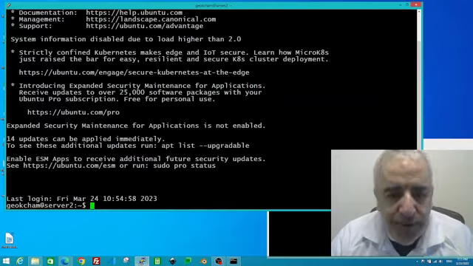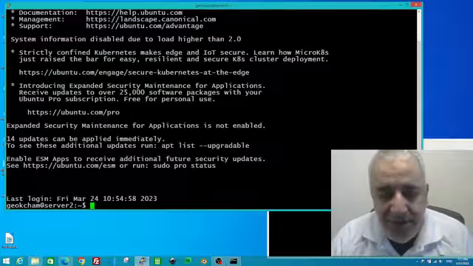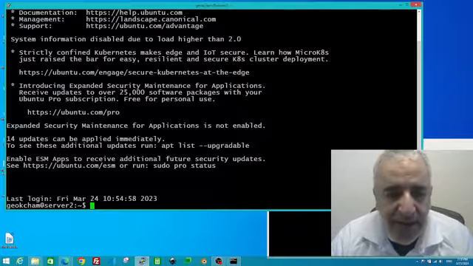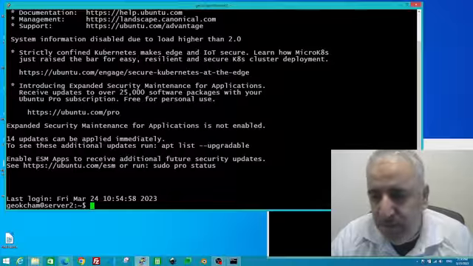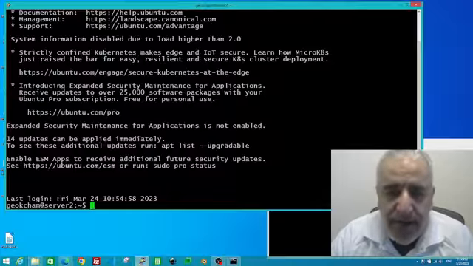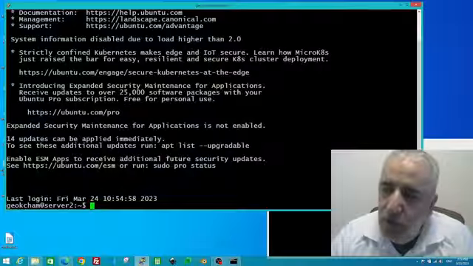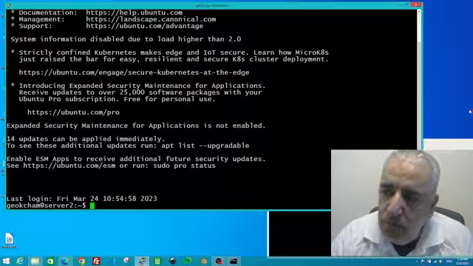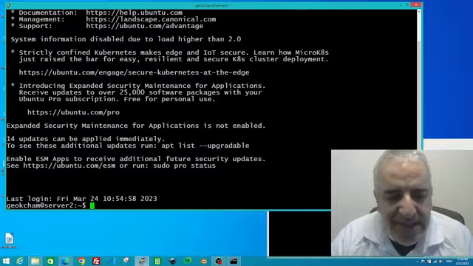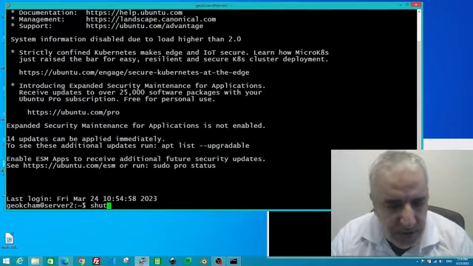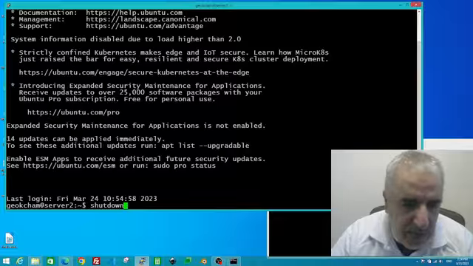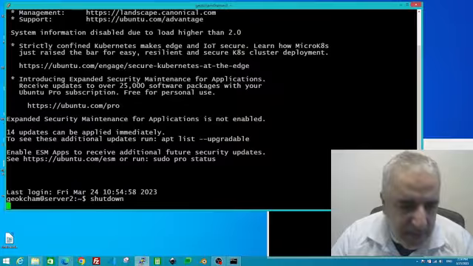Even if you are logged in as an admin, you still have to use the sudo command, and you have to enter your password. The system prompts you, even if you're allowed to do it. So let's say I want to restart the server or shut it down. So I'm gonna shut down, and I hit enter,